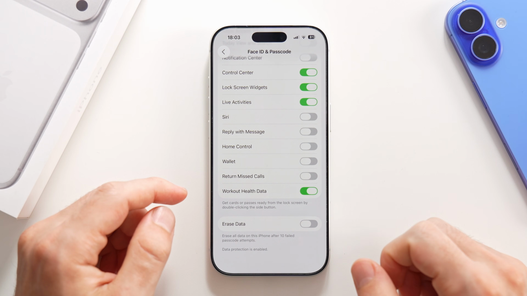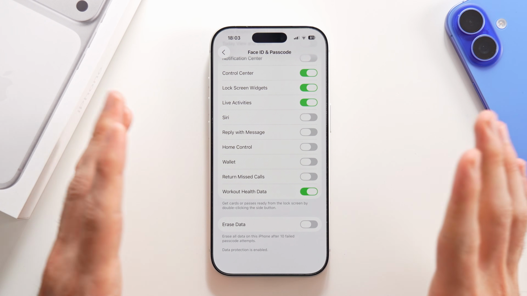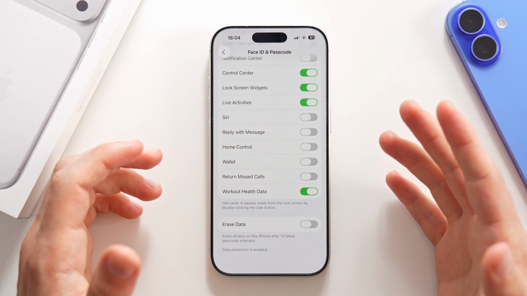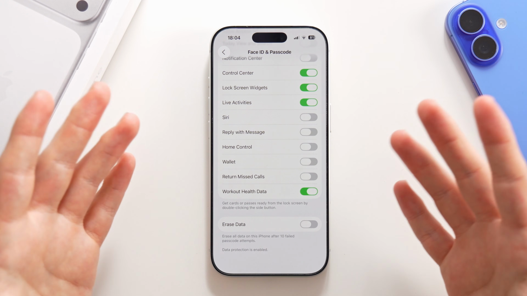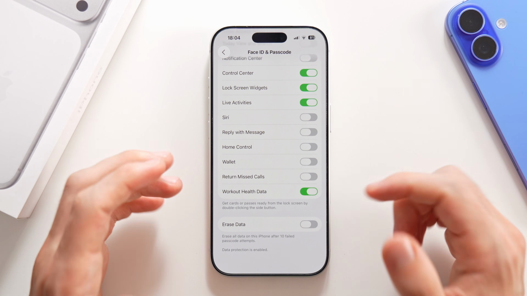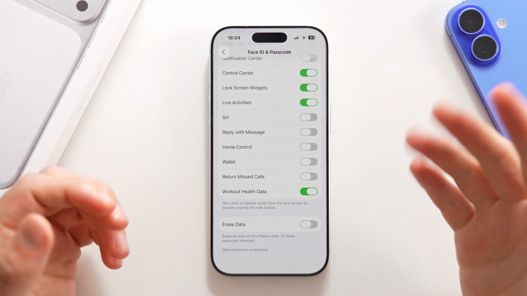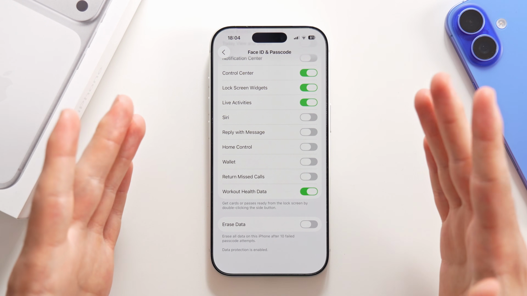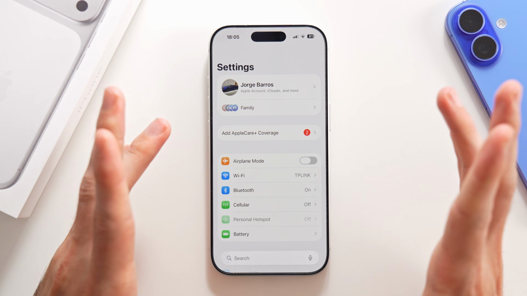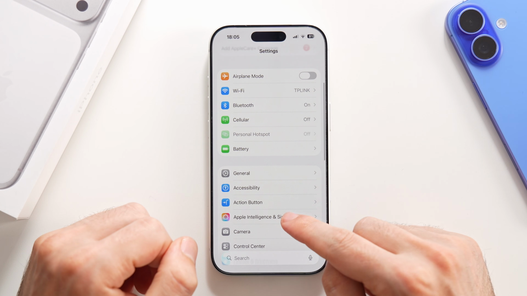And after that, it is going to wipe all the data that's on the device. I believe this is very dangerous, once again, especially for those of you who have little kids or siblings. And it actually only makes sense for people like maybe a president or someone that has really sensitive data that cannot be leaked. In that case, well, you can turn it on. But for everybody else, if you're a normal person with normal data on your phone, leave it off just in case. But anyways, that being said, let's get back here to the main settings page and swipe down to Apple